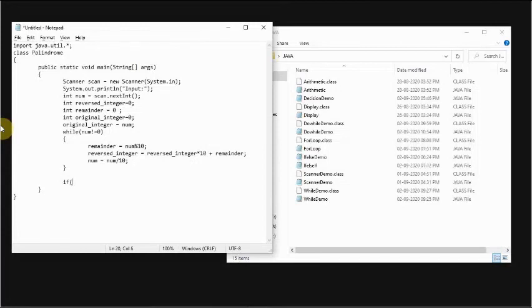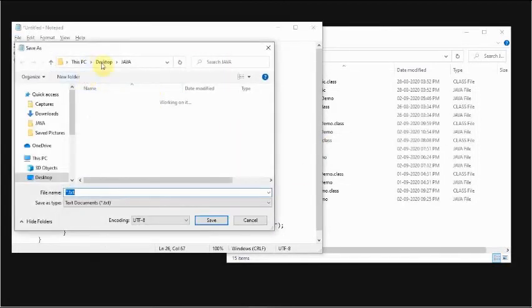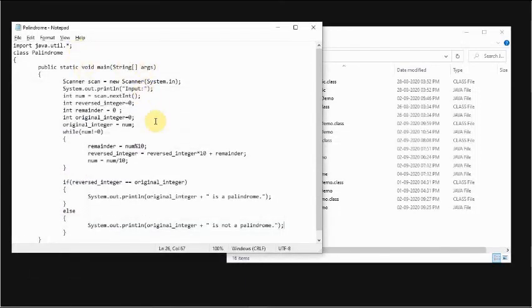First we'll check if the reversed integer which is returned is the same as the original integer. I'll save this code in the Java folder. I'll save it with the same name I've given to the class, palindrome.java. Hope everything is right.